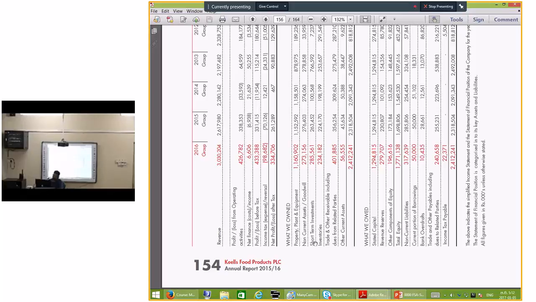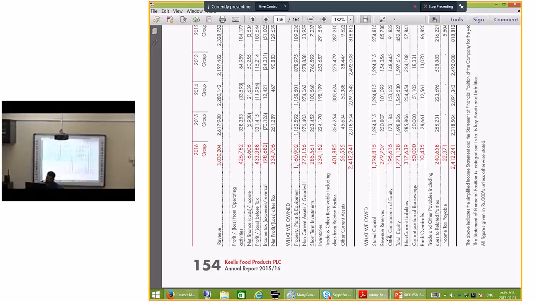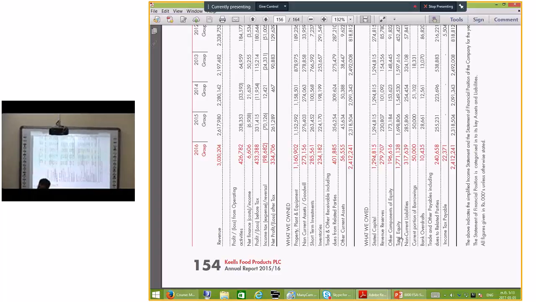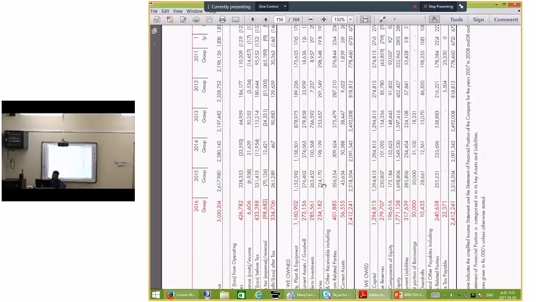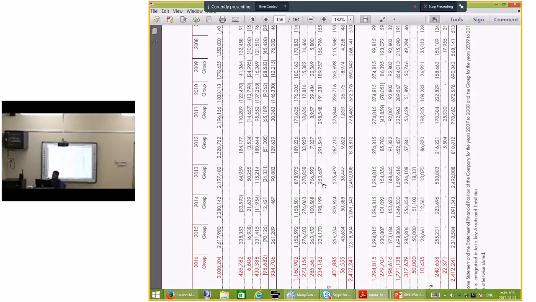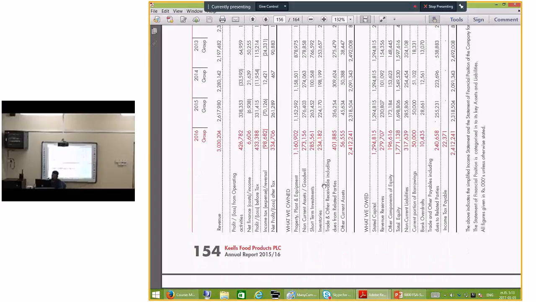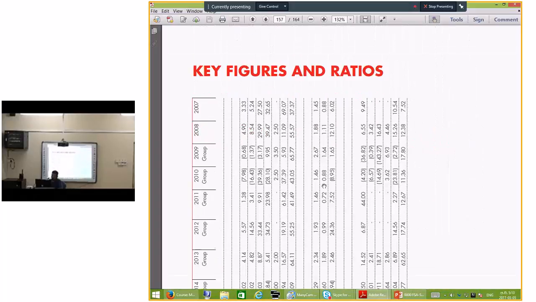Then assets base, property, plant and equipment, non-current assets, short-term investment, inventories, and trade debtors and other receivables. Then stated capital, reserves, then total equity, non-current liabilities, and current liabilities. All are given here for 2007 to 2016. There are 10 years of details, right? Here key figures